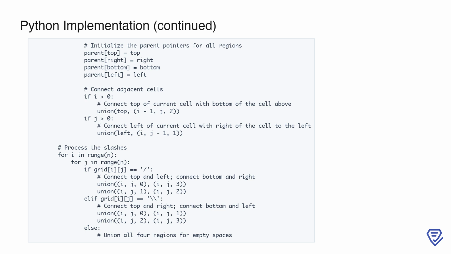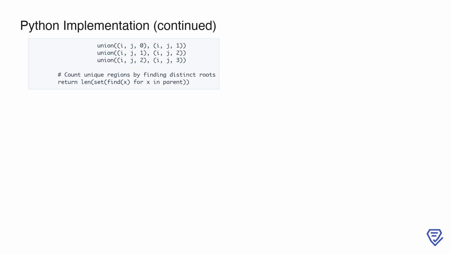For a backslash, we connect the top region with the right region and the bottom region with the left region. This setup ensures that the boundaries created by slashes are correctly modeled. For cells that are empty, meaning they contain a space, all four regions within the cell are connected together. This is done by uniting the top, right, bottom, and left regions, effectively treating the cell as a single region